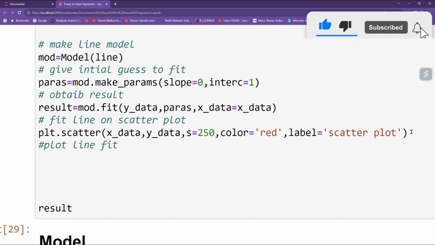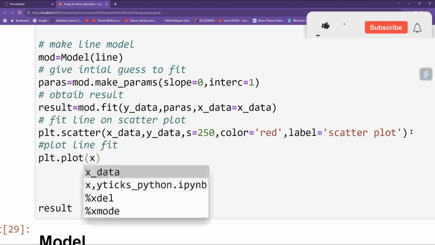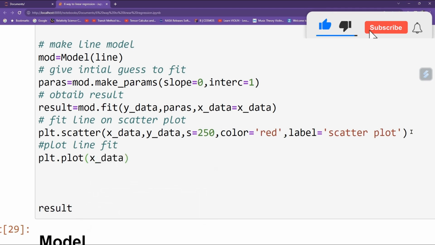Okay, so plt.plot, I will give here x data, and then you can give your result